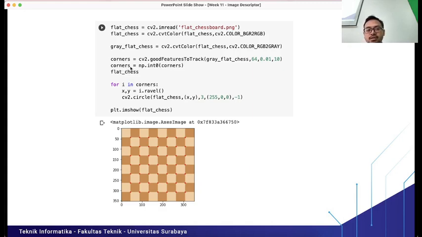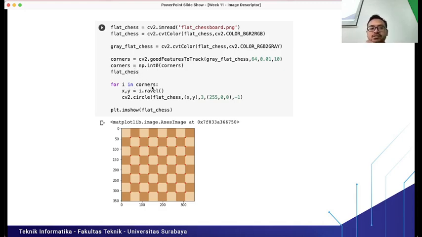So corners will be a two-dimensional array, or maybe we can say a matrix, that contains every corner position from the image. For the gray image, you can just ignore this variable. This is actually the original image, right? We can just remove this variable.